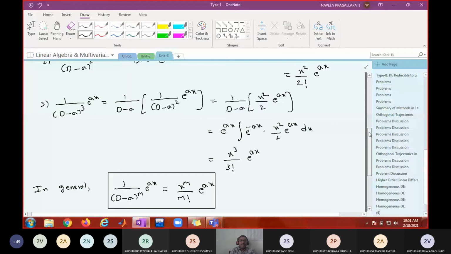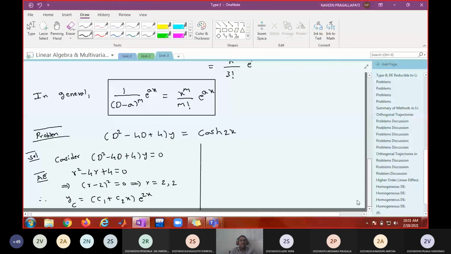This general solution we are calling YC. Can you see? YC is the general solution of the homogeneous differential equation. When you are solving a non-homogeneous D.E., after finding the general solution of the homogeneous D.E., that general solution we call YC. Is it clear? Okay. So what is YP? YP is 1 by f of d of Q of x. What is f of d here? d square minus 4d plus 4 of cos h 2x. Do you agree?